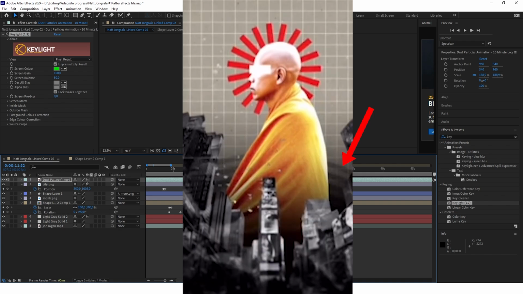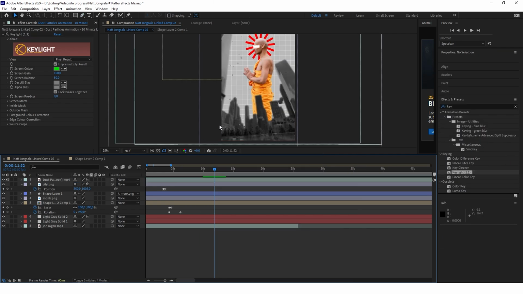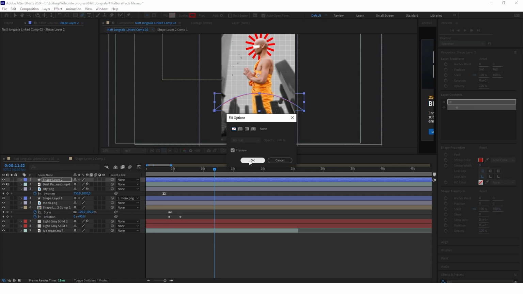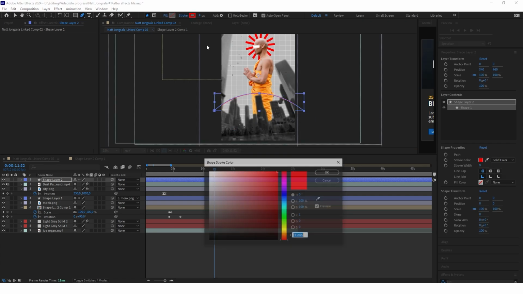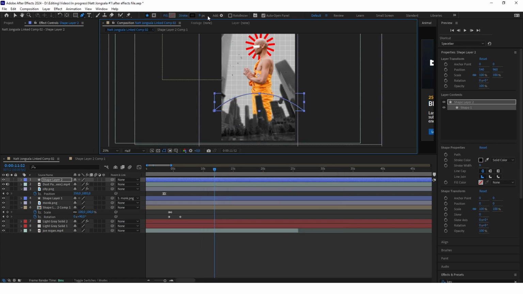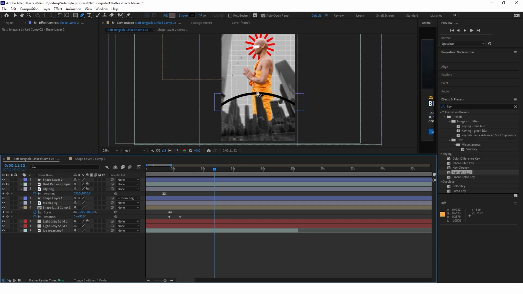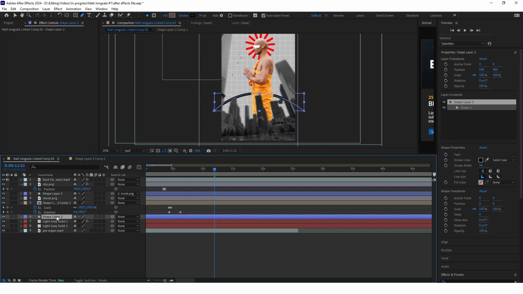Now as the last thing, we'll create these waves behind the monk. So in order to do that, just deselect everything and click G to pick a pen tool. And now create a line like that. Now change the fill to none and change the stroke color to black. And stroke width, adjust it to your liking. I will put it at 34 and now put it behind everything except for the background. And I will be back when I create all of these lines.